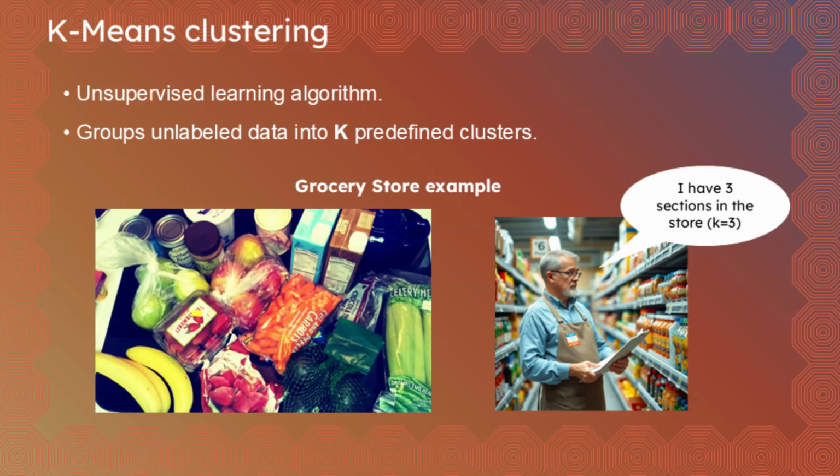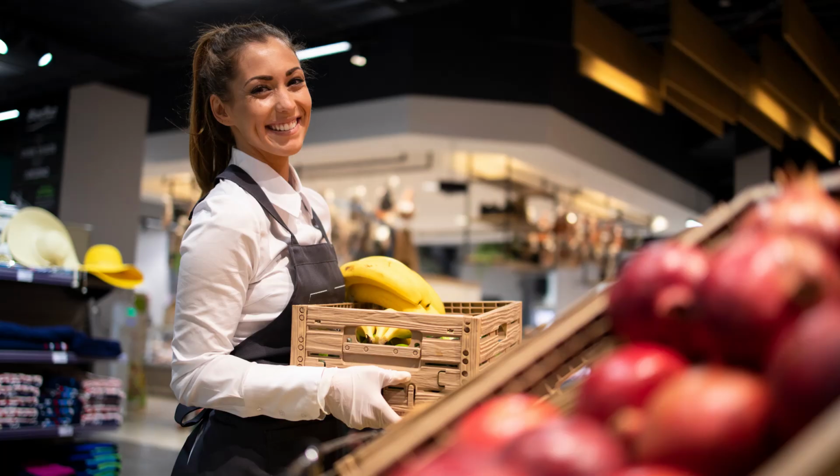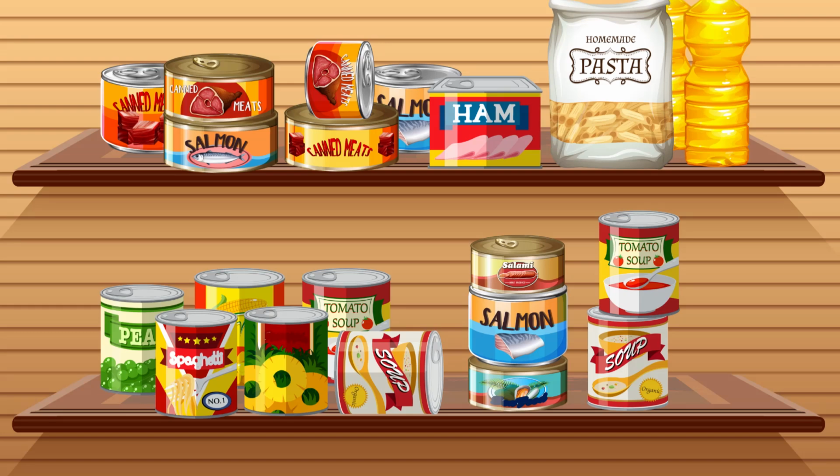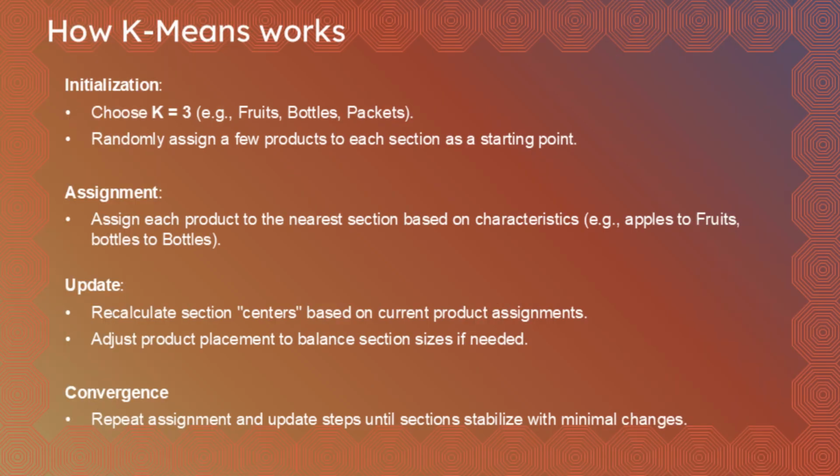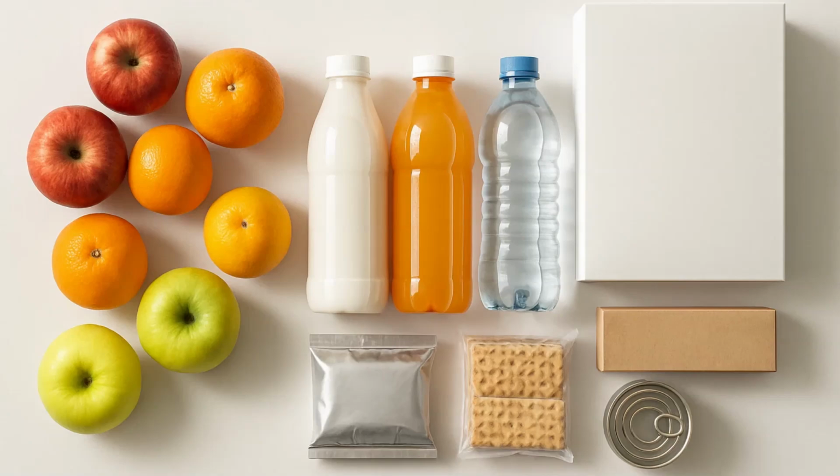These are 3 distinct groups, so we can say K equals 3. The algorithm would then cluster similar items together, just like the store manager does when placing bananas with other fruits or canned soup with other packaged items. Each item is grouped based on similarity, and the algorithm keeps refining the groupings until the best separation between clusters is found. Let's break down how the K-means algorithm works, using our grocery store analogy with 3 sections: fruits, bottles,